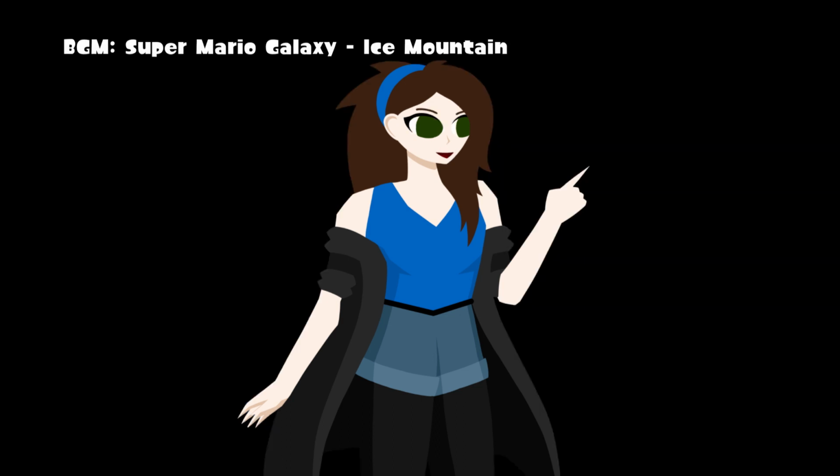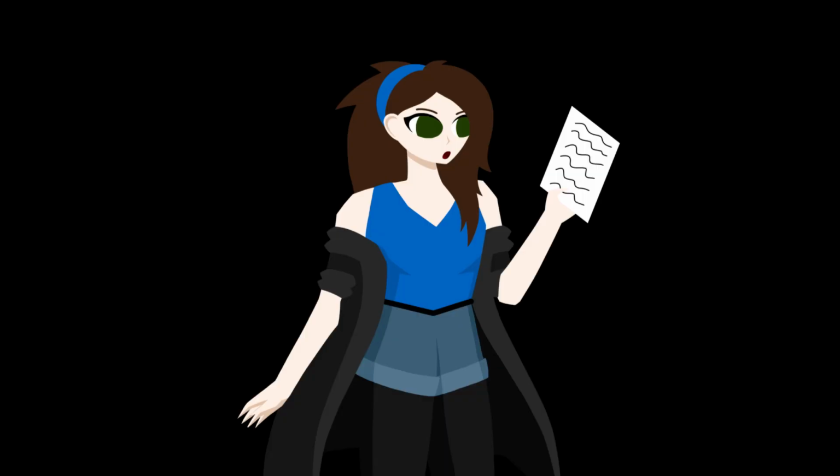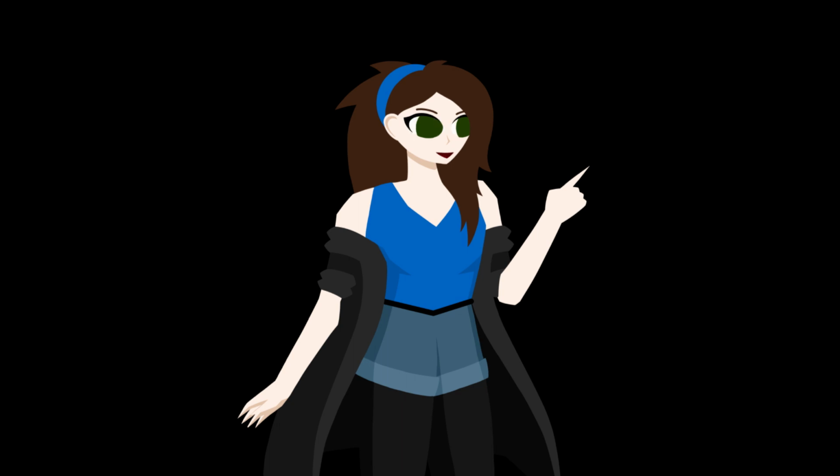After this mass extinction, there was an increase in biotic tiering, so organisms adapted to that as the niches became more well-defined. The groups of terrestrial arthropod we're used to seeing developed in the Silurian after that, and after the Devonian Nekton Revolution, the rules that would later produce most of the animals that dominate the planet today were solidified. These rules, and more importantly the fact that Cambrian animals didn't really follow them, are so much of why the Cambrian Explosion seems so weird and alien to us, and personally I think that's pretty cool.